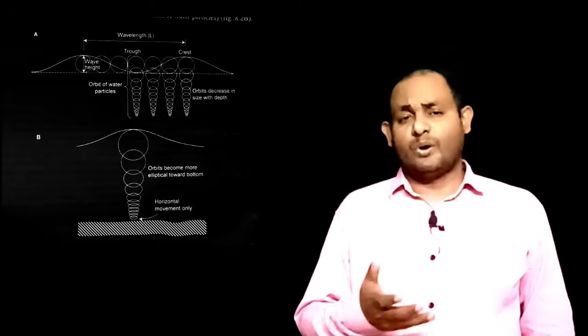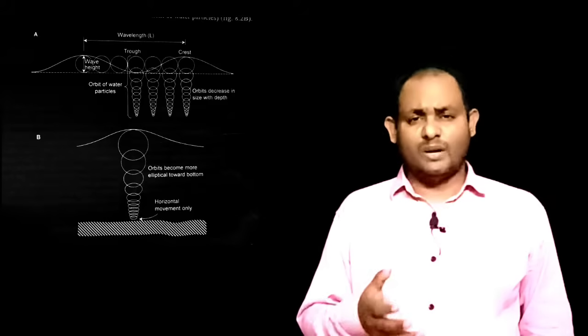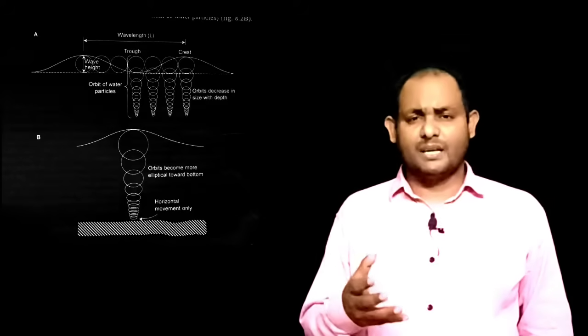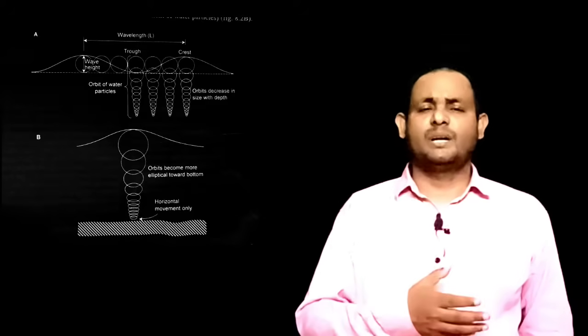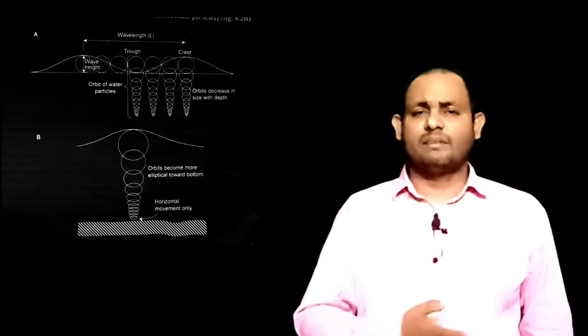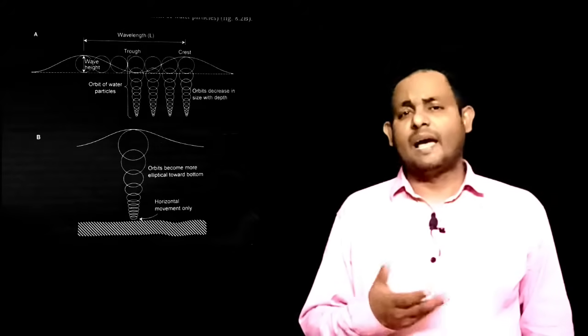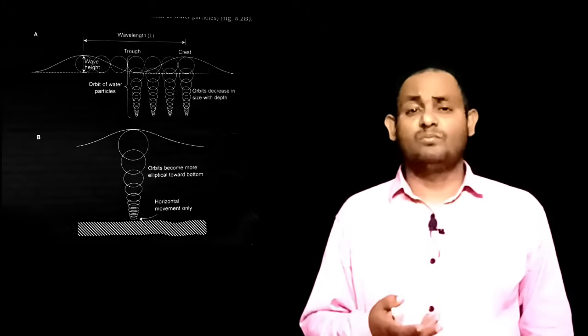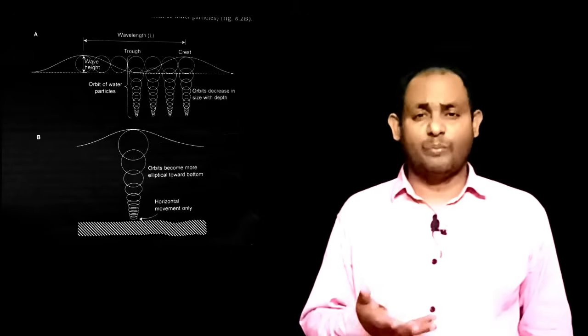It is also important to keep in mind that water particles moving in circular orbital motion do not return exactly to their origin, but are slightly moved forward, because the speed of movement